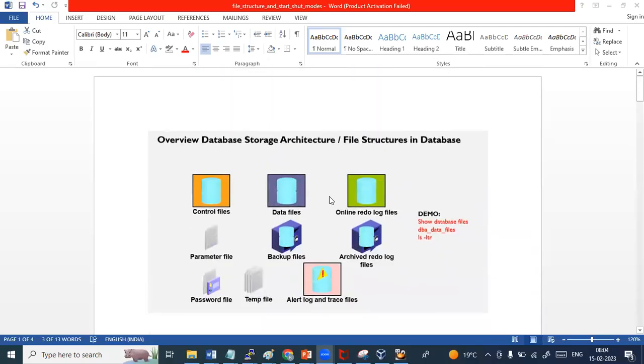So yesterday we talked about the file structures. We talked about the physical files: the control file, data files, online redo log files, and parameter file. These are the four mandatory files if you want to bring up the database and